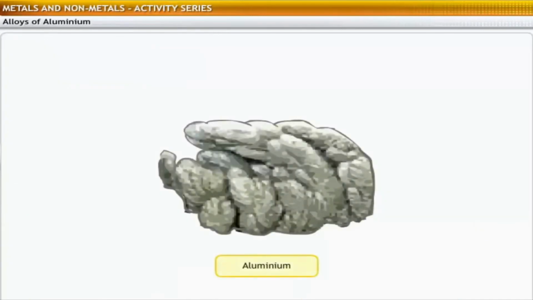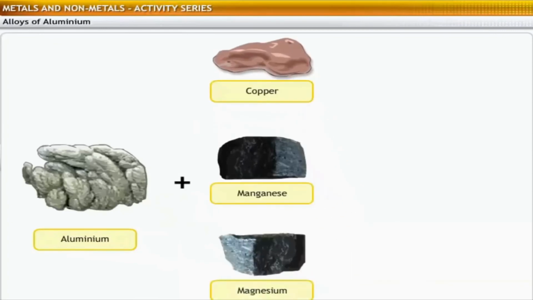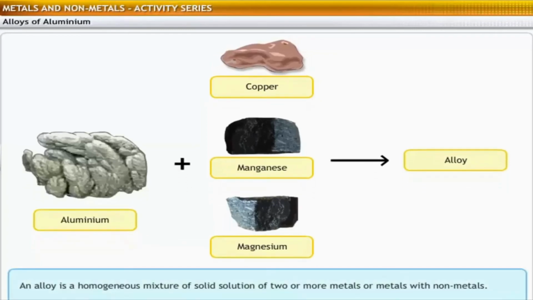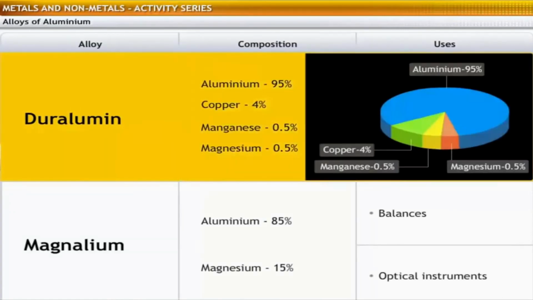Extracted aluminium in combination with other metals like copper, manganese, magnesium form alloys. An alloy is a homogeneous mixture of solid solution of 2 or more metals or metals with non-metals. Duralumin is a light and tensile alloy of aluminium. Duralumin is composed of